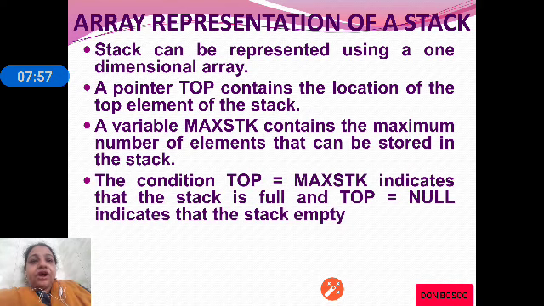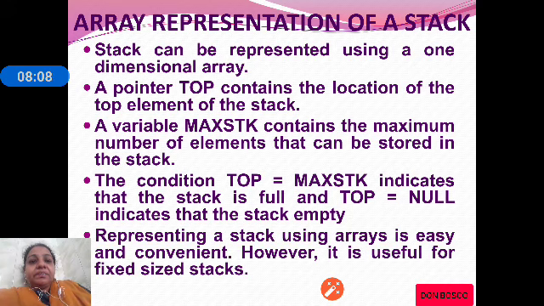If the top is equal to maximum size or max stack, that means the stack is full. So representing stack is easy, but a stack has fixed size.